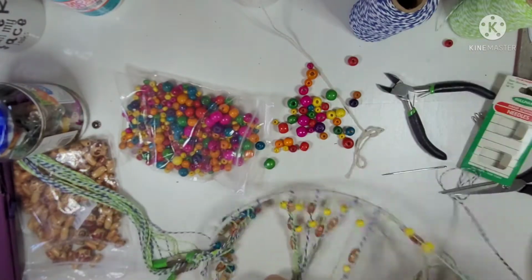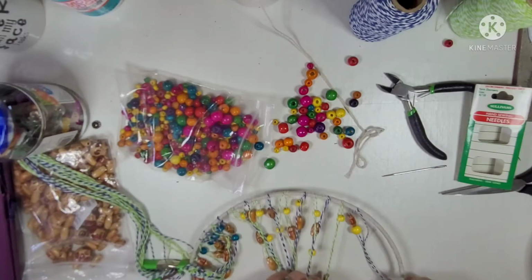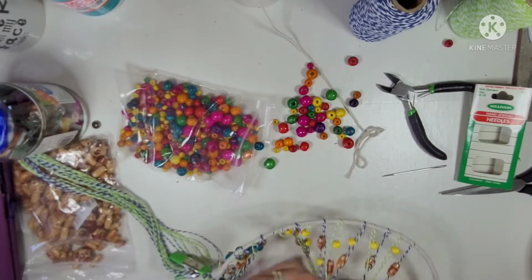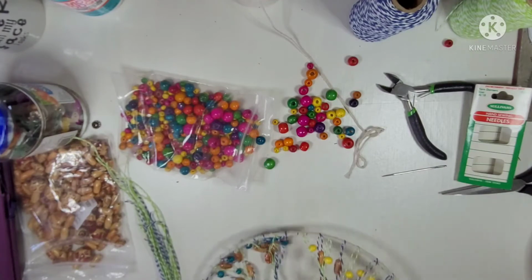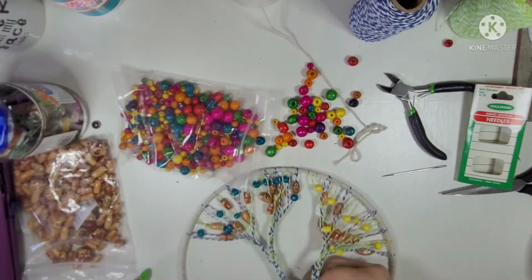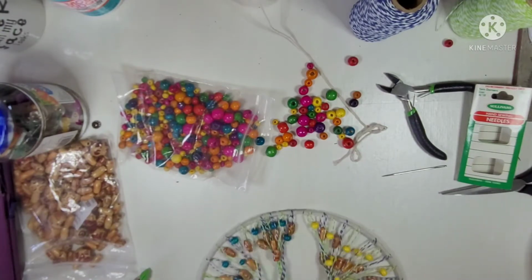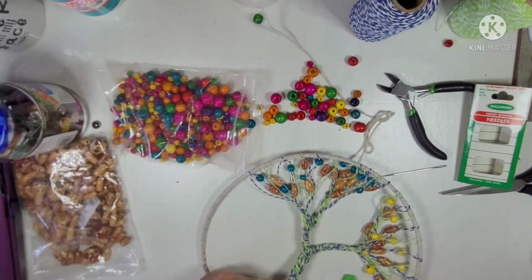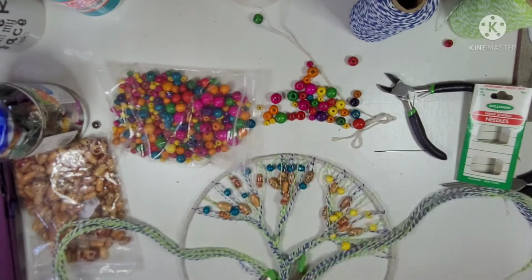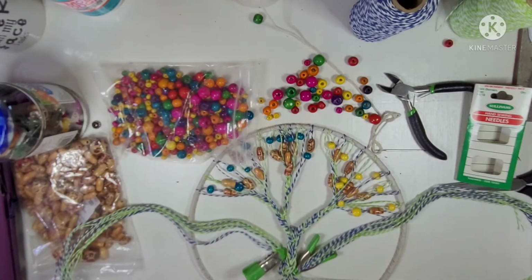Okay, now you can see that I've got the one section brought together and braided, and now I'm bringing the last section and I'm going to braid it. I'm sorry I'm out of this shot. This is my new craft room and I'm just trying to get everything set up properly so that you see everything. But as you can see right there, I've got it all braided together and I've separated sections, and I'm just going to be